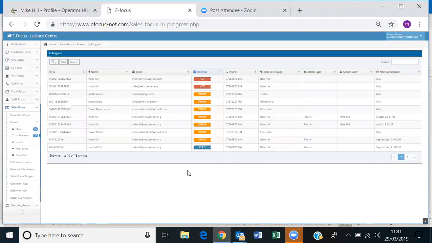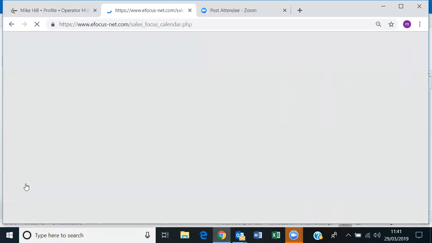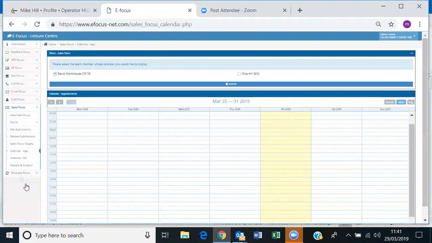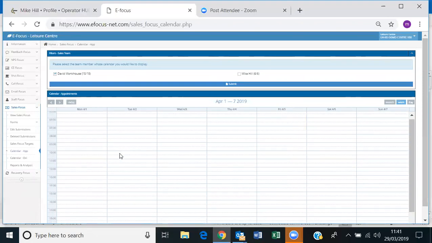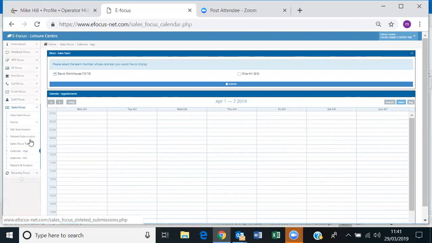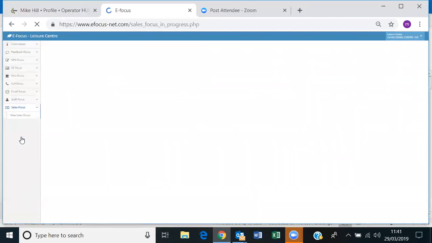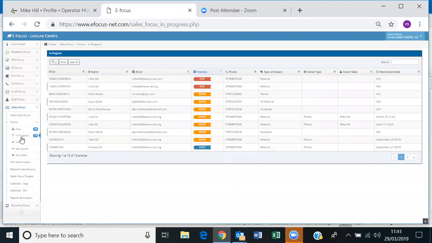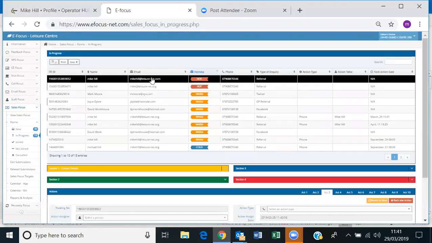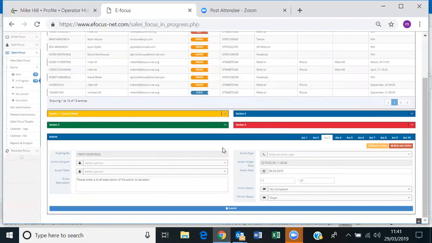Now, when you book someone in for an appointment, it will show up on the calendar appointment down here. Sorry, so they're taking a little bit of time to come up. Okay, so all the appointments will show here. When that appointment's been completed, and it's been successful, we can then move